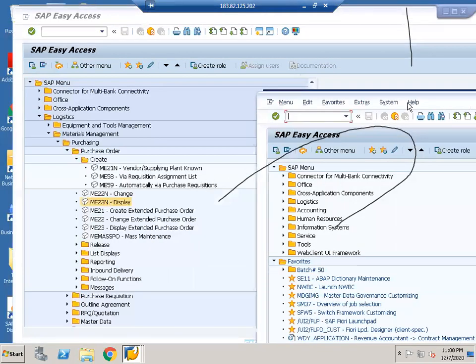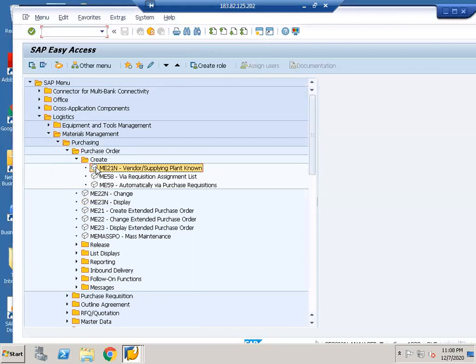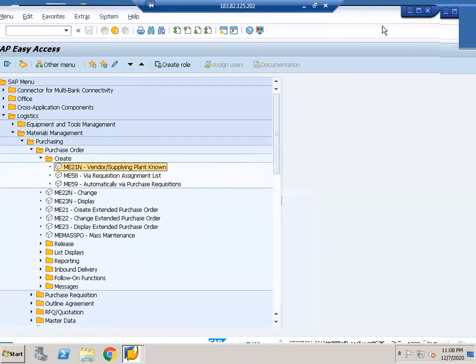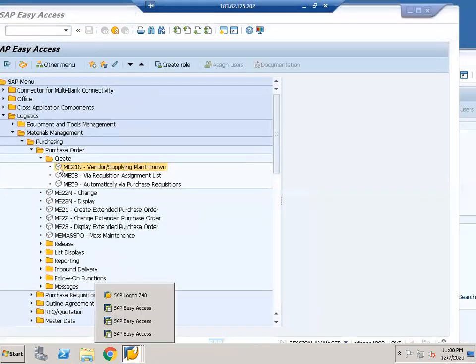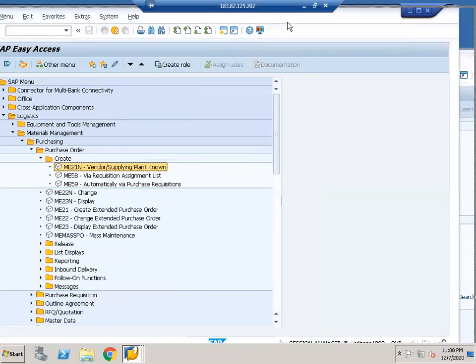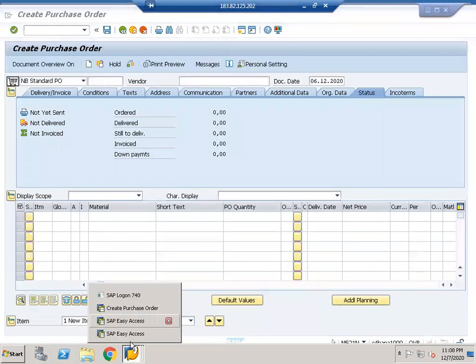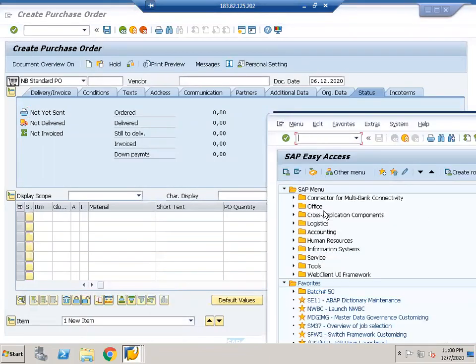In this session, you can see I'm trying to access create the PO, using this menu, to access the PO creation screen. In another session, instead of following the menu path, I will directly type ME21N.